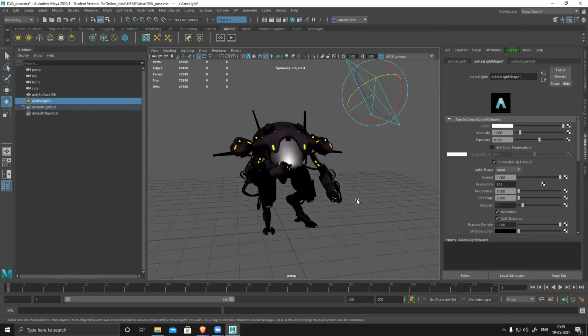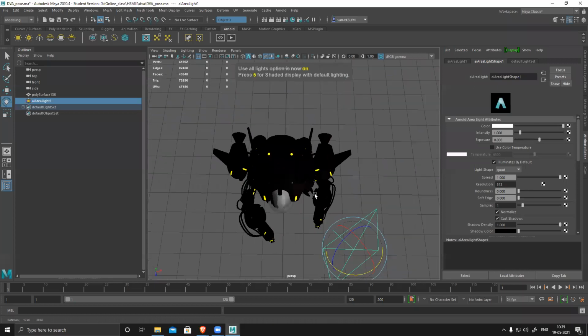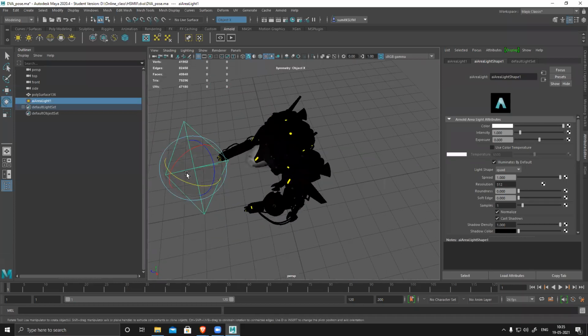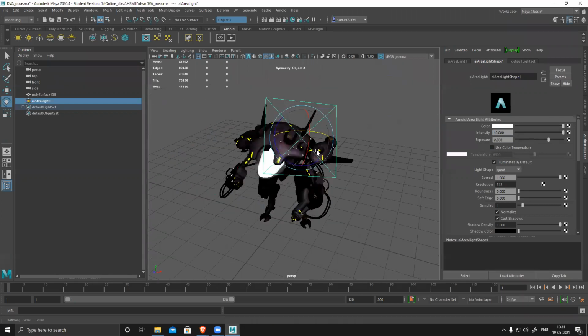But you can see, I cannot see anything here. To see the preview of light, you have to press 7 on the keyboard. Press 7, and you can see it's not affecting my scene. That means the intensity of the light is very low. So light is selected, you can see exposure and intensity. So intensity I can make 10. See it getting brighter. Exposure I can make 2, even brighter.